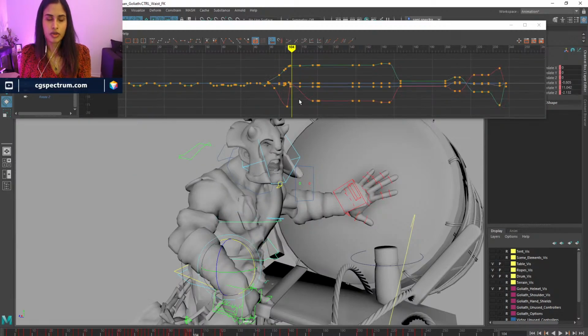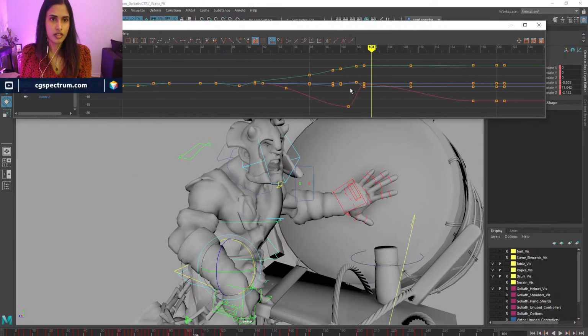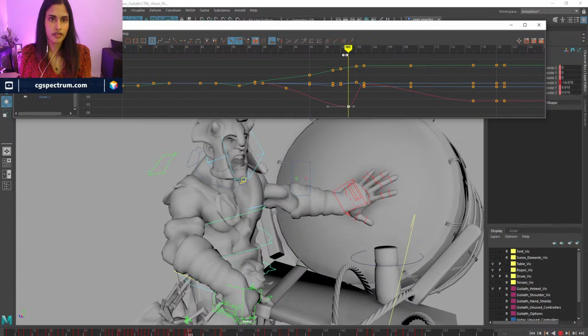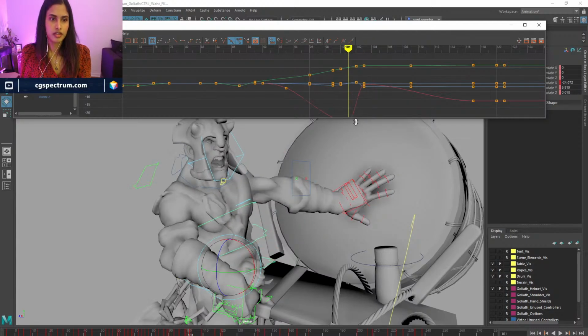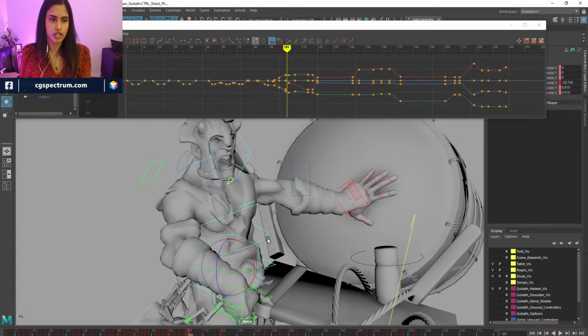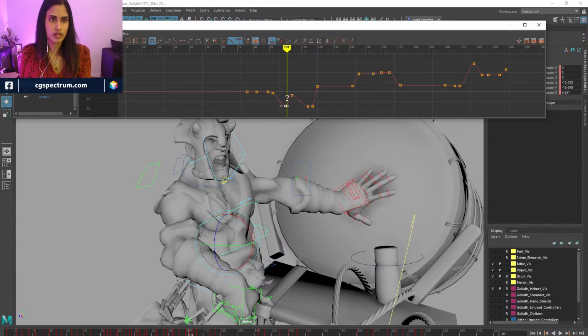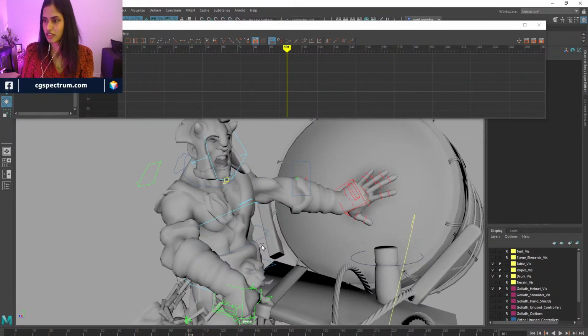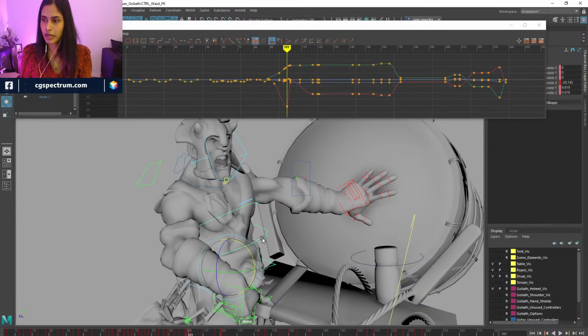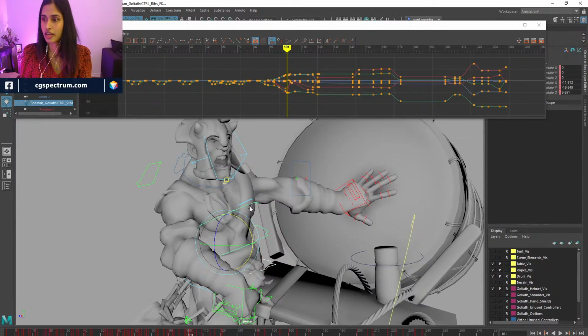So now we can go ahead and have that as a bigger move, then smaller. So yeah, I don't know if I'm answering your question, but when I animate, you might look at my workflow and see.